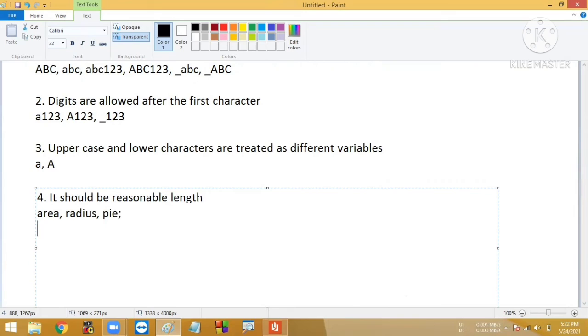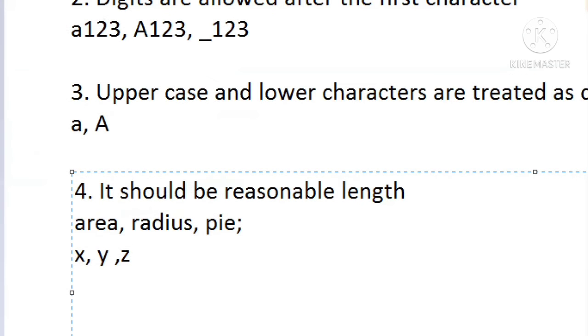Instead of taking these variables, I can take x, y, z also. Which one sounds good, the first one or the second one? The first one sounds good. Okay. So yes, the rule allows it, but this is not a good practice. The names should always resemble the program. That means by seeing those names, we can identify what the program is going to do. Is it not? For example, by hearing a name, we can identify the gender of the person. Yes or no? Yes. Same thing here also.